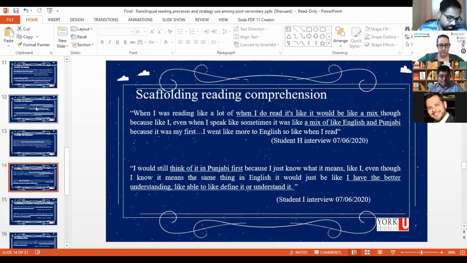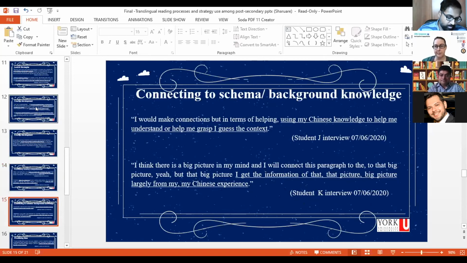So these codes indicate the students involve translingual practice in the process of constructing the meaning of the text. The students draw on their linguistic competence to understand and comprehend the text. Instead of having monolingual constraints, students have involved translingual practices by mixing different languages drawn from their multilingual repertoire. And connecting schema and background: students say that sometimes they connect their knowledge with